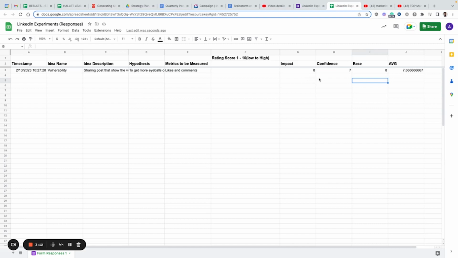So if we had 3 or 4 more ideas and they turned out to be a 5.5 or a 7, then we know that this is going to be one of the ideas that we prioritize as one of the first ones to test. So what I really love about this approach is it creates a system,